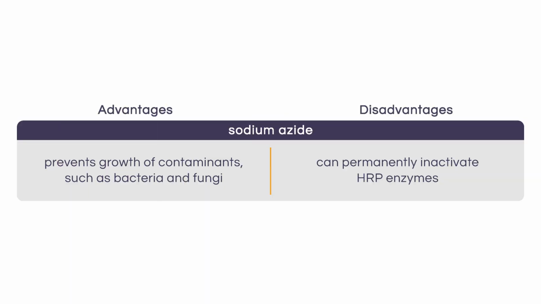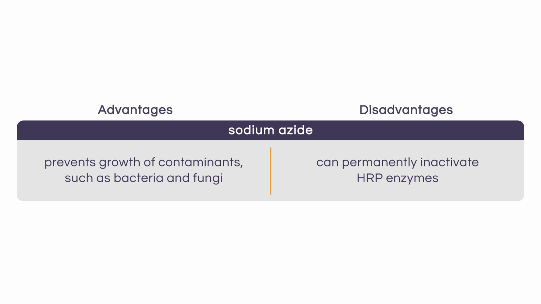Additionally, some proteins may be directly recognized by primary or secondary antibodies causing high background. To overcome this, some blocking agents will use synthetic and/or non-animal proteins to prevent any cross-reactivity with the antibodies which are produced in animals. In addition to the buffer component and blocking agent, preservatives are also sometimes added to blocking buffers. Sodium azide is a common preservative added as it prevents the growth of contaminants such as bacteria and fungi. However, sodium azide can permanently inactivate HRP enzymes and therefore should not be used with Western blots in which HRP-labeled